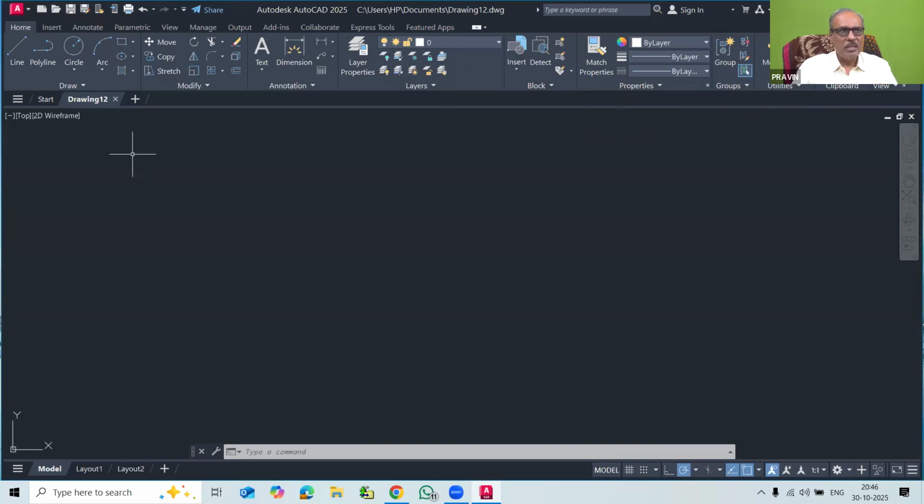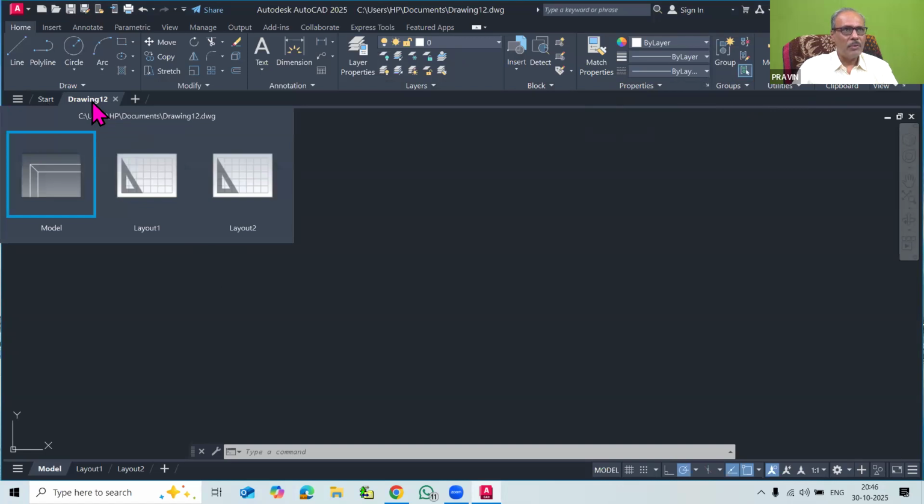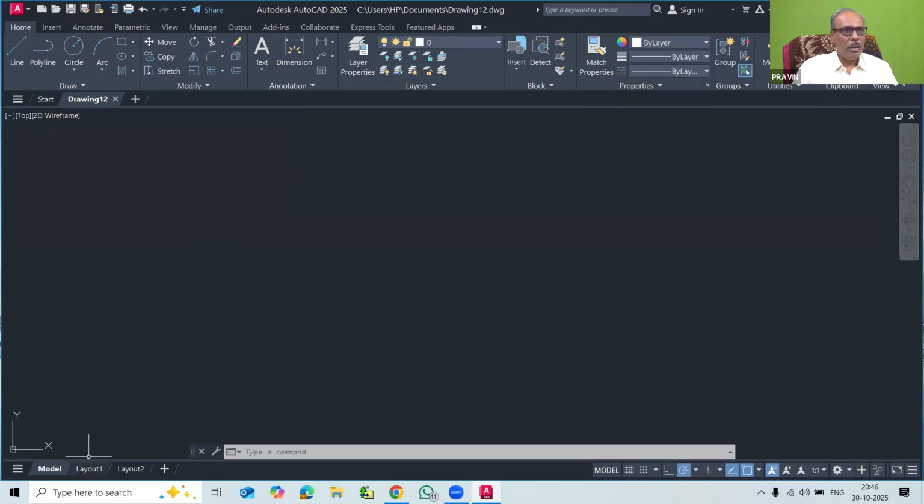All these things are the same, but there is a little change: here the start and drawing 1, 2 are the file names. Whatever the model tab, layout 1 and layout 2 were already available, here the file tab is available.